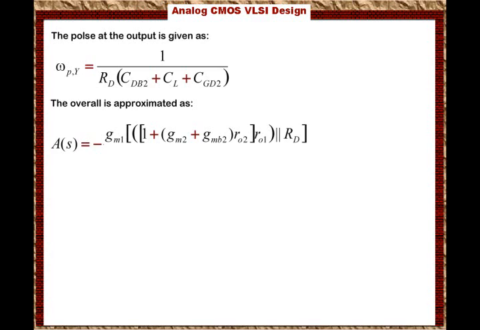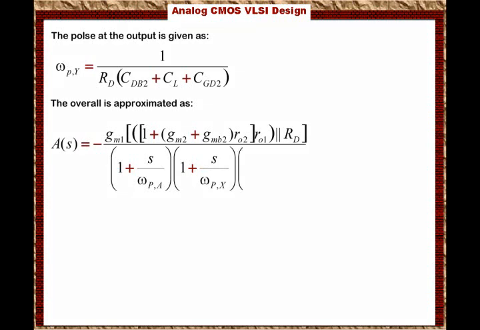the output impedance. Now we're still going to have the effect of the three poles, and the effect of the three poles will be 1 plus s over omega pa. That's the effect of the pole at node A, plus 1 plus s over omega bx. That is the effect of the pole at node x, plus 1 plus s over omega py. So basically what we are saying is you can approximate the gain of the amplifier using the DC gain or the mid-frequency gain and multiplied by the location of the poles, and you combine it in terms of the transfer